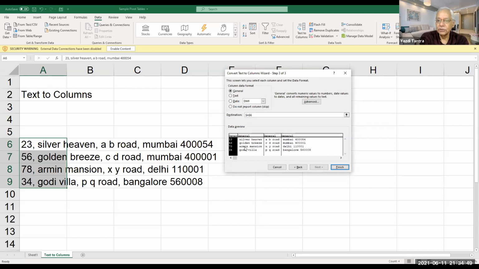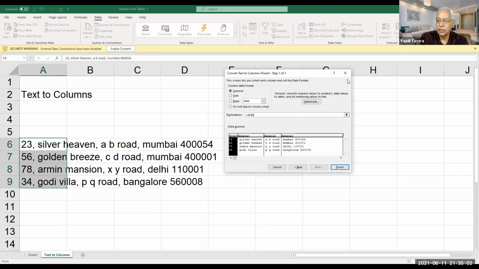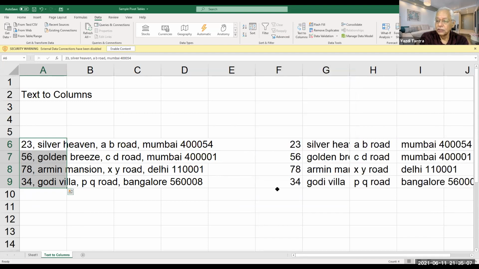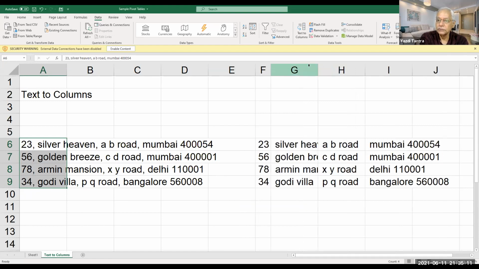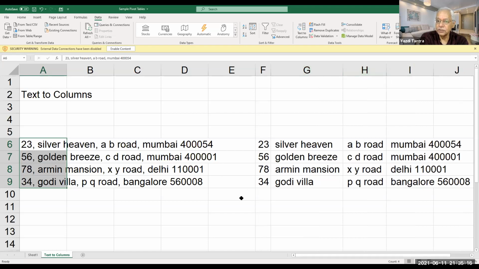Data format, whatever the format, everything is taken as general, so I say okay. And where is the destination? I can select this, say destination is here, F6. Now it says destination F6 and I say finish. Now all my fields are in separate columns. I'm just readjusting the sizes of the columns. Are you seeing the difference between this and this? Everything was in cell